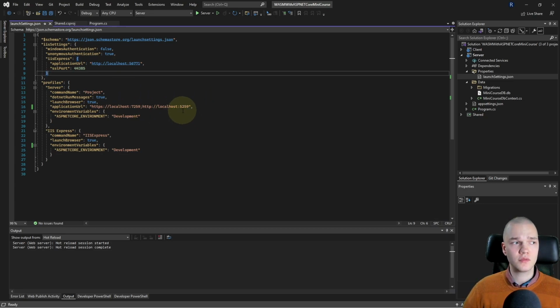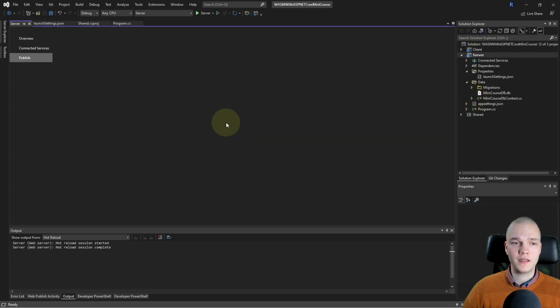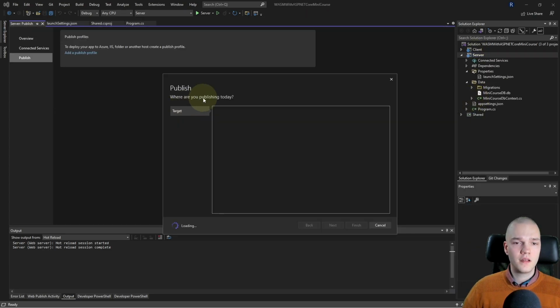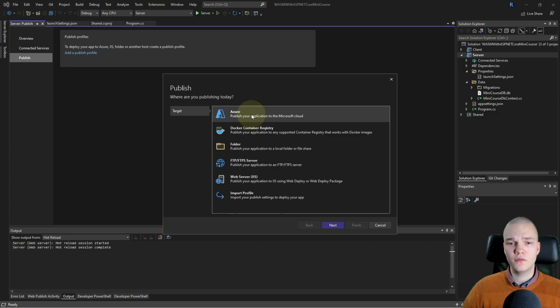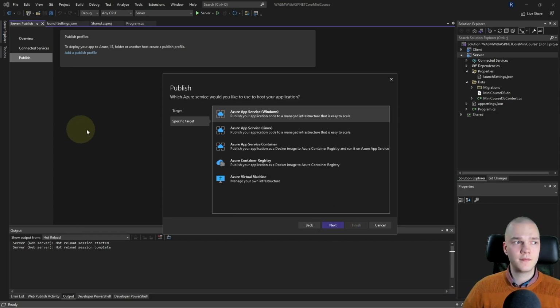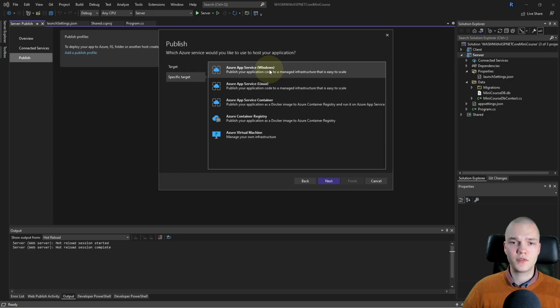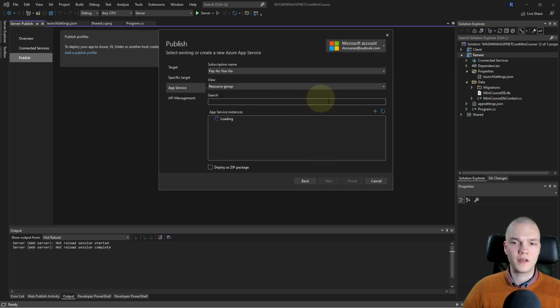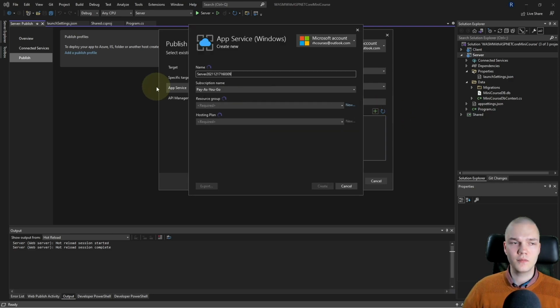Now for the actual publishing, I'm gonna right click server and hit publish. And I'll go for Azure, so I'll hit next. And I'm gonna go for Azure App Service Windows, hit next. And I'm gonna create a new app service by clicking this little plus, and the name is up to you.